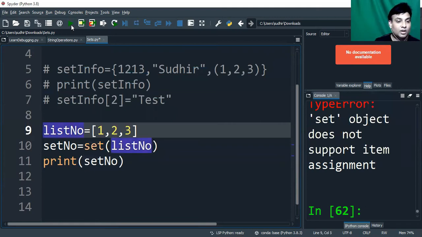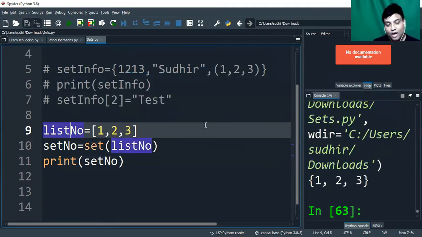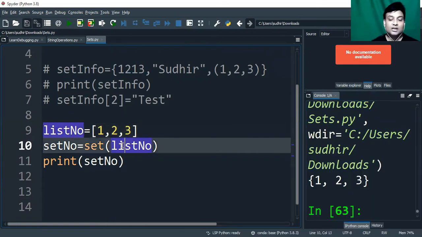If I run this, you get a new set of 1 2 3, which you have created from a list using the set function. So this is the other way to create sets if you have an existing list.